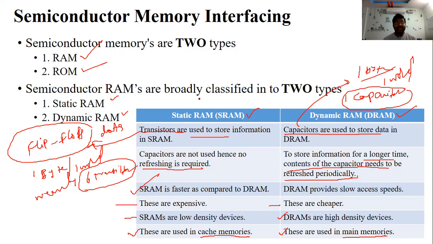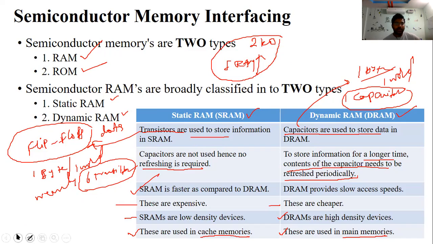At the same time, the size of the memory device: static RAM is bigger when compared to dynamic RAM. For suppose you can take 2 KB. Static RAM size is very big when compared to dynamic RAM, in terms of the physical appearance of that memory device. Nowadays we can see 4 GB and 16 GB pen drives. SRAM size is bigger when compared to DRAM because we use a larger number of transistors to store the energy here, whereas here we use only a simple single capacitor to store the energy.